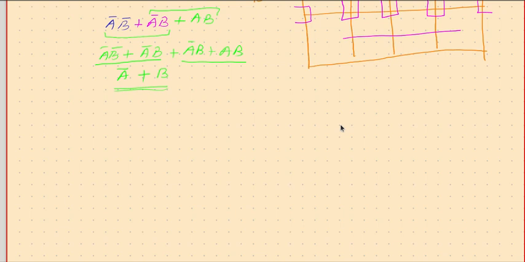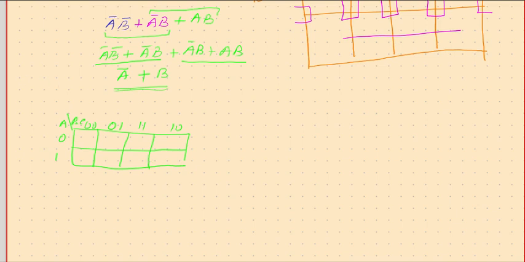So shall we check up with some more examples? So what is to be done? Our aim is to simplify. Therefore, whenever possible, go for a quad. If quad is not possible, then go for a pair. If pair is not possible, go for a single. So that means start from the biggest possible thing.